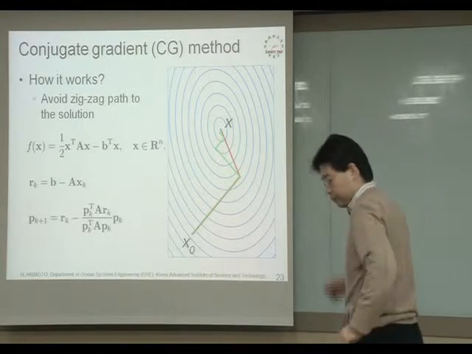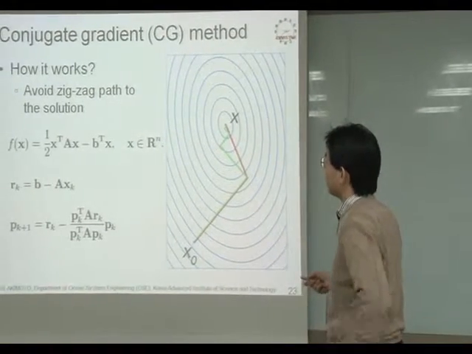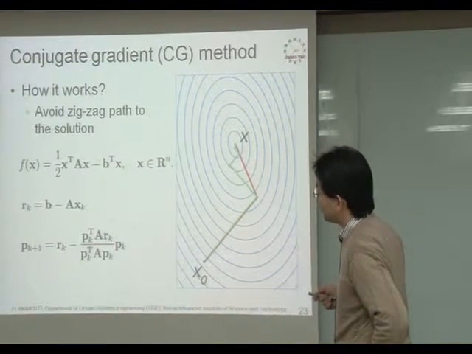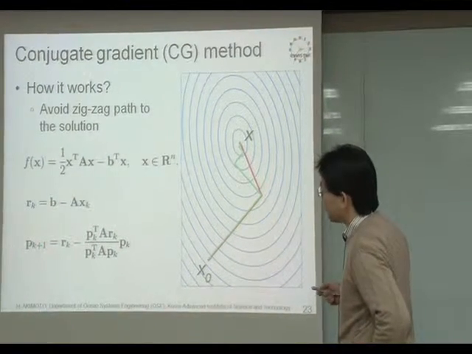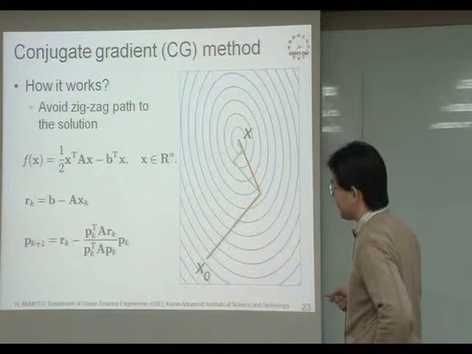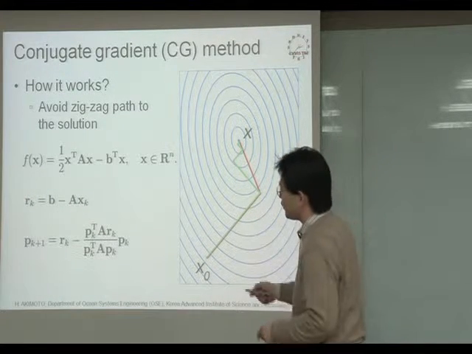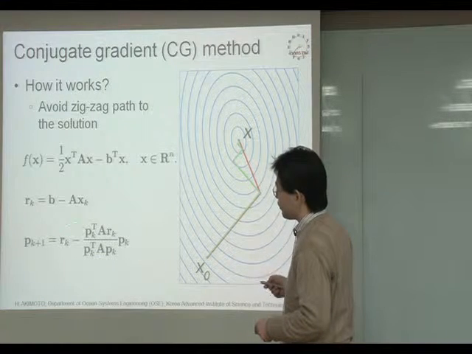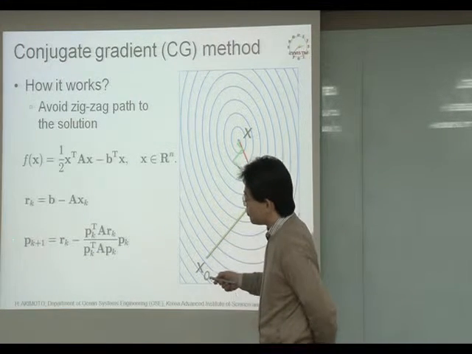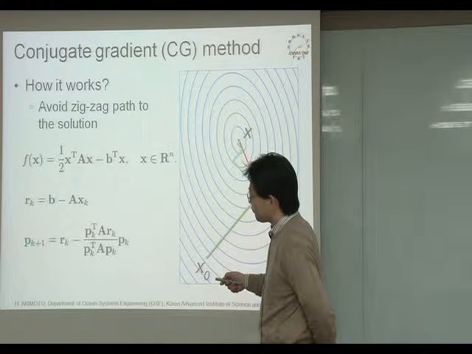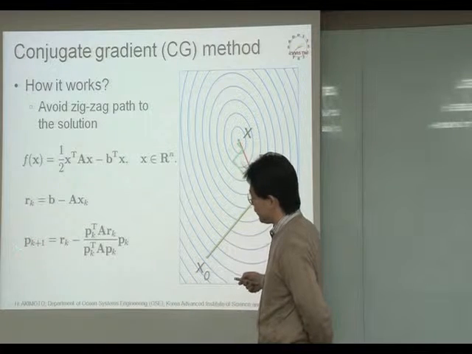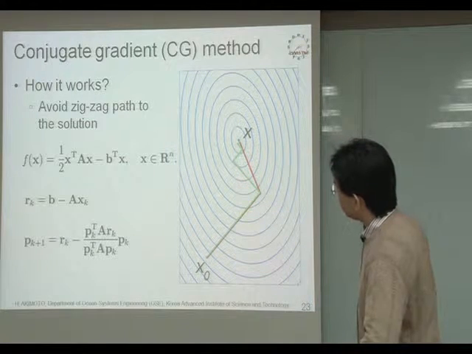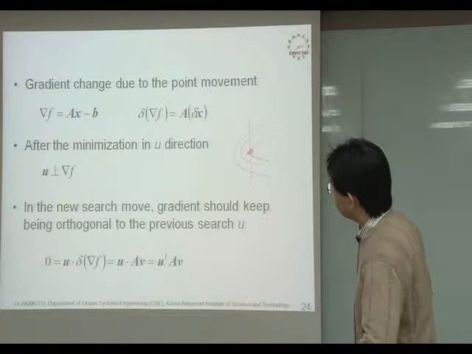The definition of conjugate: how to get a conjugate new search direction. The definition is like this. I showed you why this equation is required. It assures the new search direction is orthogonal to the previous one. And why this is required is